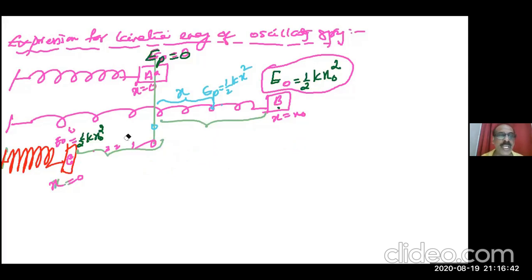So the total energy remains the same. In a conservative field, energy is not lost. Okay, write down. Then by law of conservation of energy, gain in kinetic energy